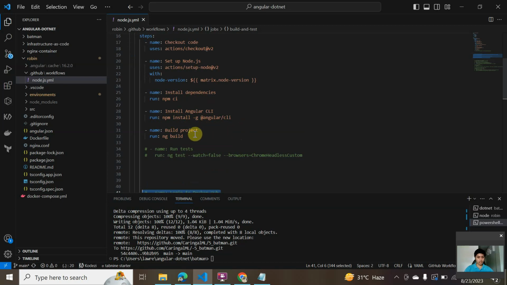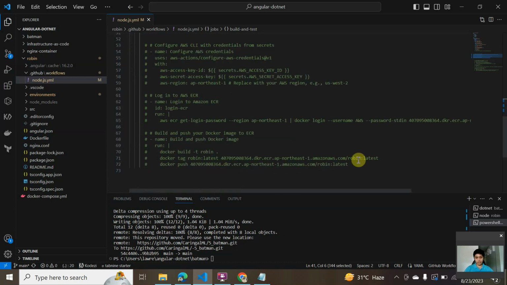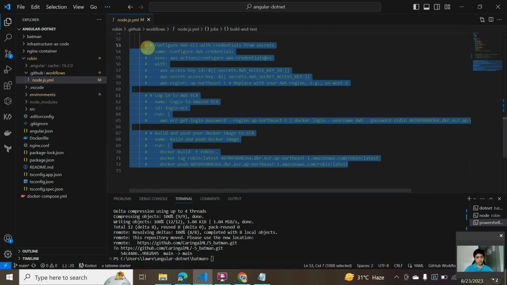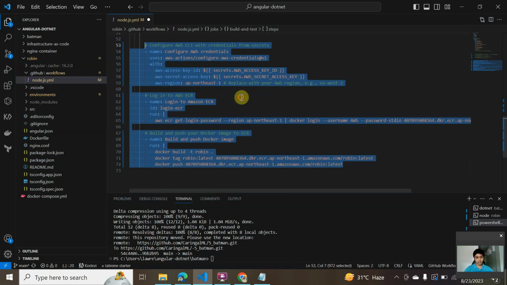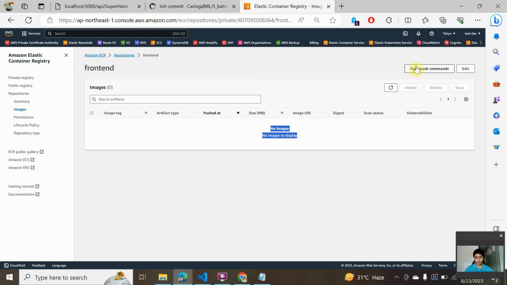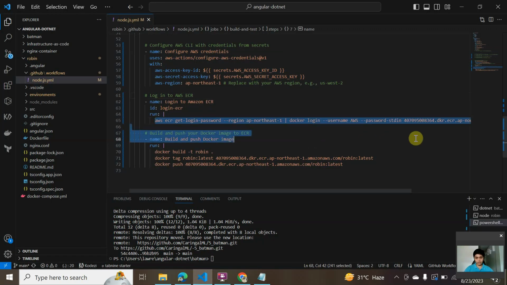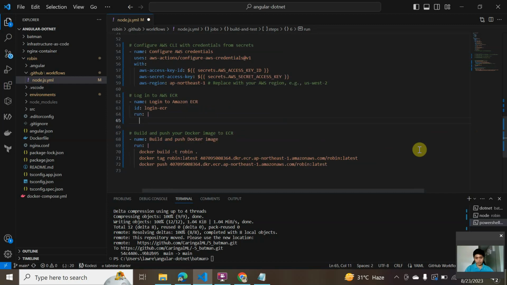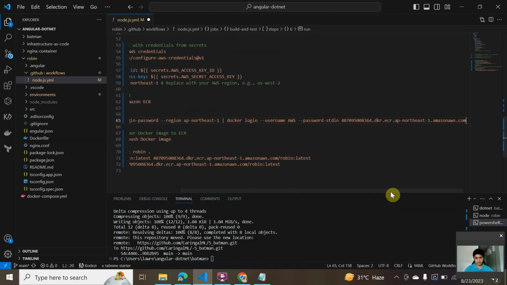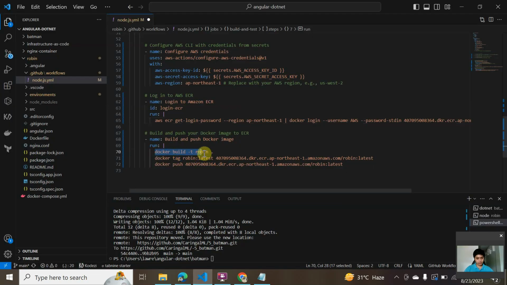then we go npm install Angular CLI, then ng build our project. We will build our project, and then we need to comment this to be able to push to our ACR. The same way, you need to go to view push commands, copy this, paste it here, paste it here, then paste it here, Docker build